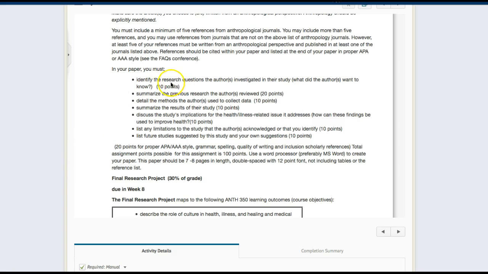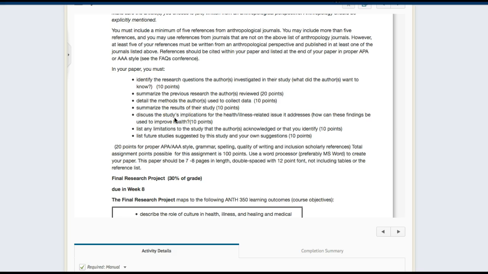So in this paper, you must identify the research questions the authors investigated in their study. So in other words, what did the authors want to know? You also should summarize the previous research the authors reviewed. You should detail the methods that the authors used to collect data, as well as summarize the results of their